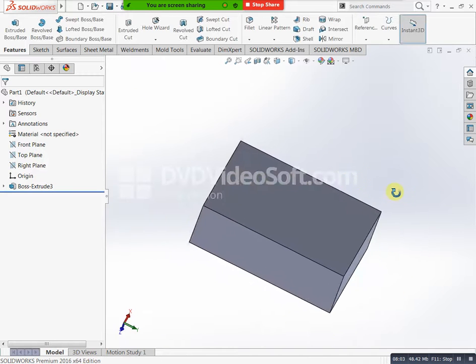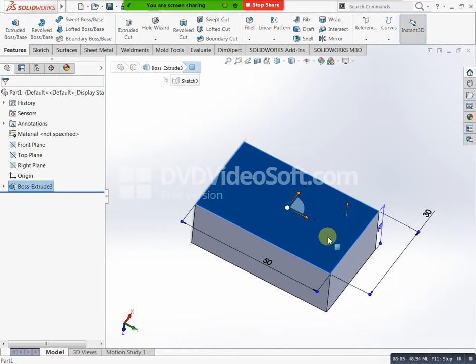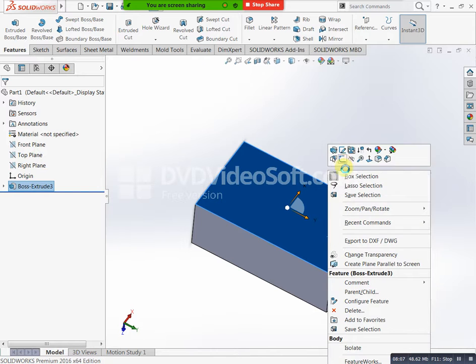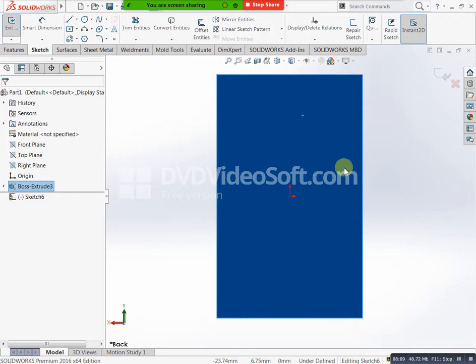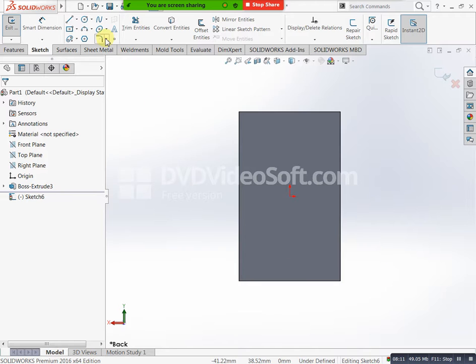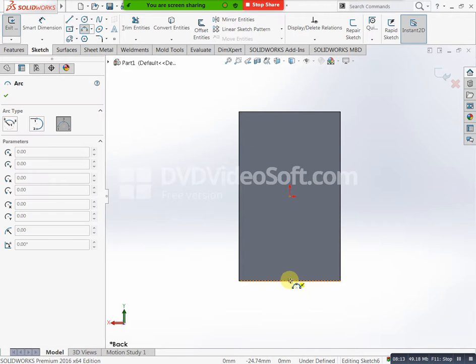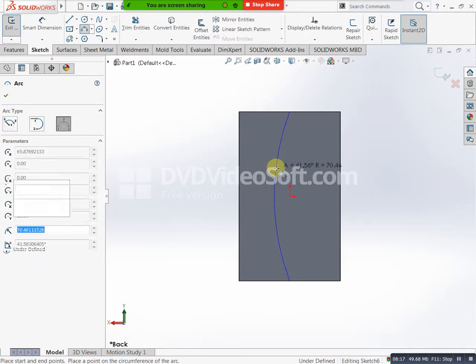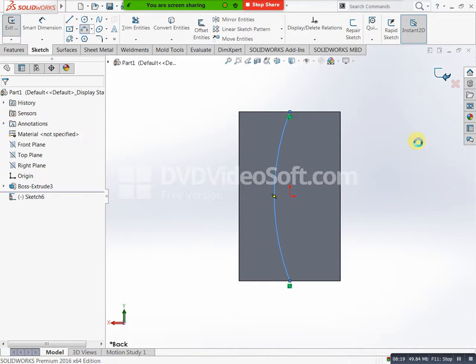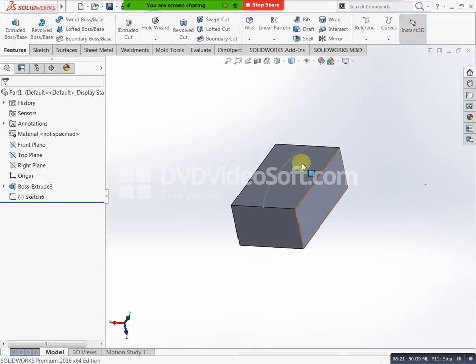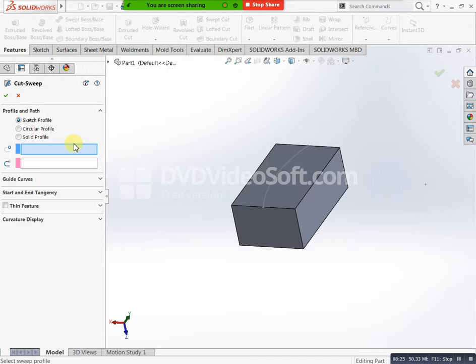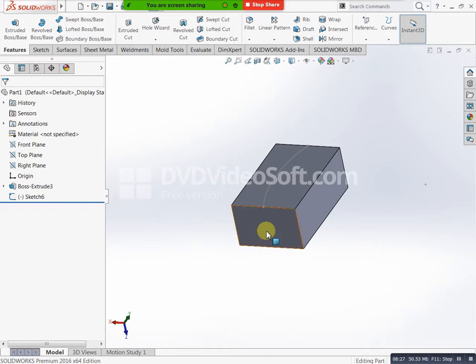For example, I need here also open. For example, some conditions we have our slots like this. Here we have swept cut. You can select this swept cut, and before that you need to draw perpendicular. Here I need to draw perpendicular. Okay, now you can draw your profile. For example, I need to draw it here, my profile. Then you can do finish.